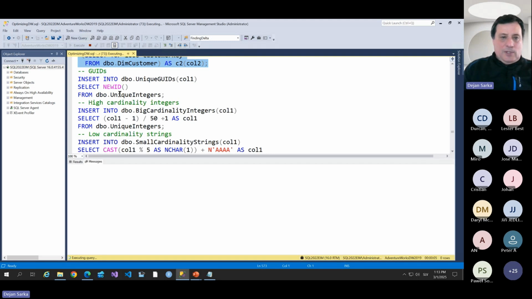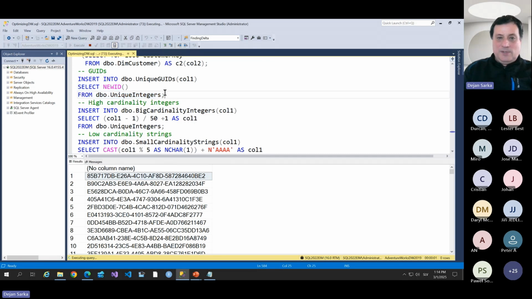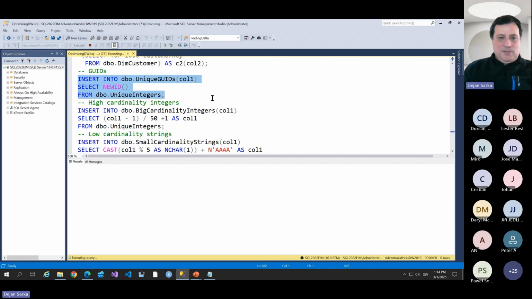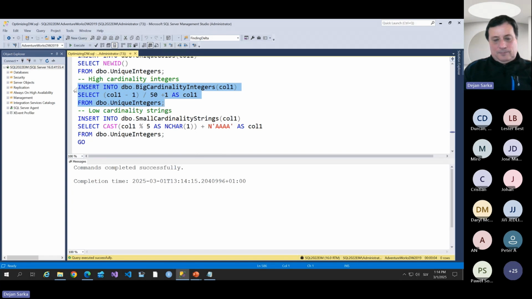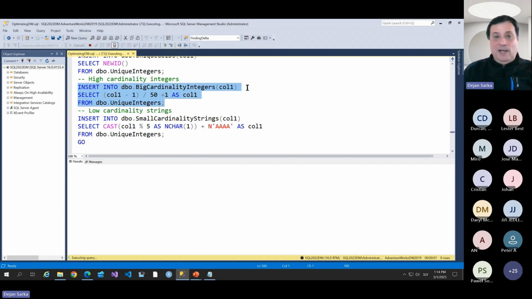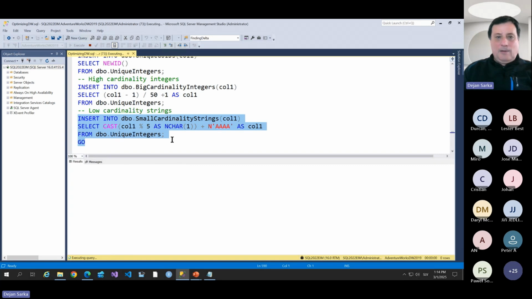Now, GUIDs, I will just select new ID, and I will have again the same 1 million rows, because I'm doing this select based on unique integers, right? From unique integers, just that I'm selecting GUIDs. And now high cardinality integers. So you see our big cardinality integers. I still have a lot of unique values, not 1 million, but I think 20,000 divided by 50. And small low cardinality strings, I have only